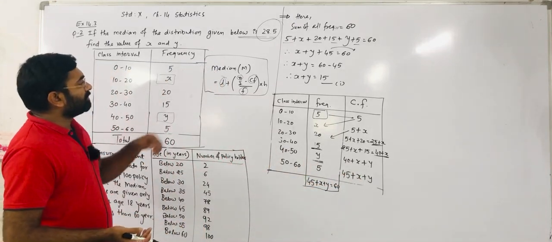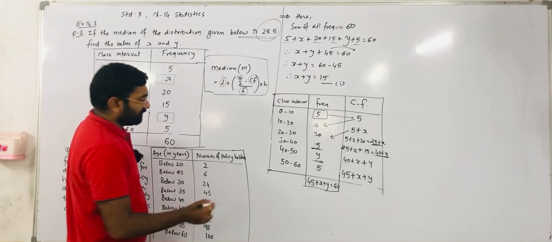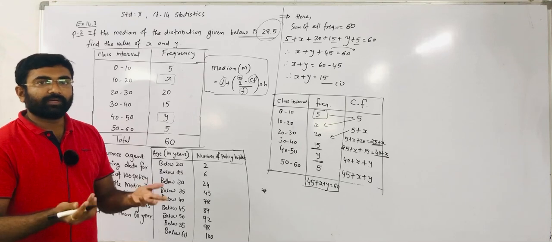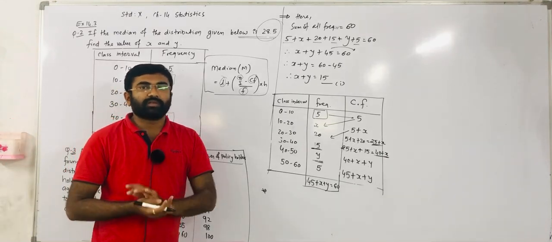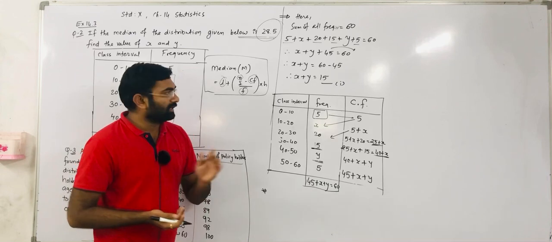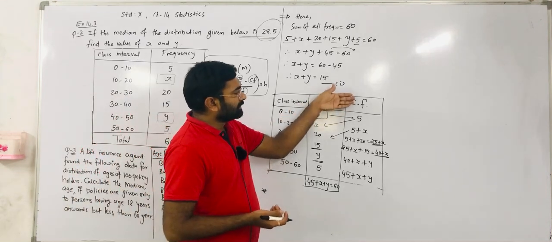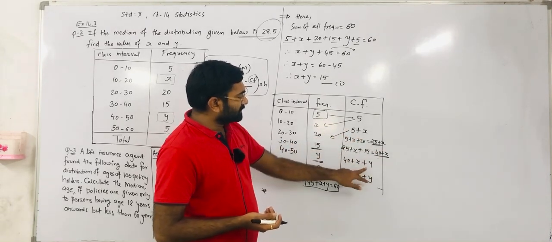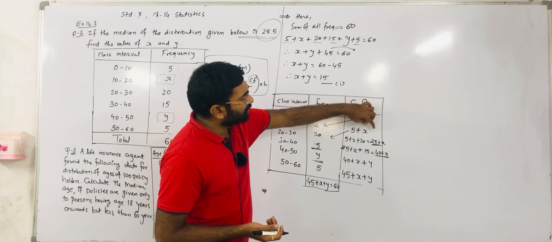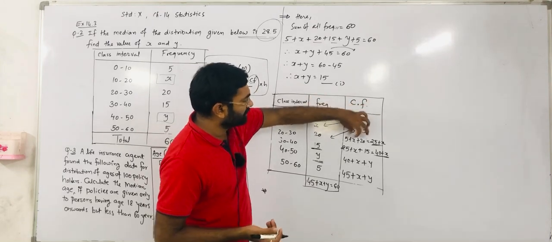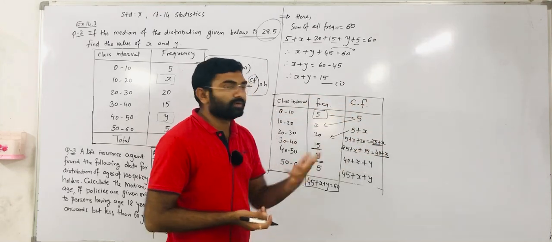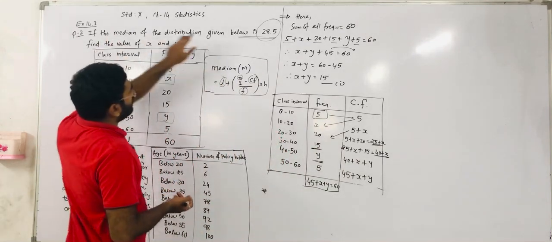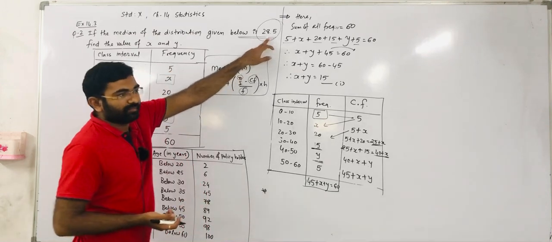Now, whatever value we require in the equation, we have to define. First of all, we have to define the median class. How can we determine the median class? In the first question, we used the n by 2 value, and then checked for the just greater cumulative frequency value. But here x is unknown, so we cannot get the exact value of this class's cumulative frequency, because we do not know the x value. So in this question, they give the median value. The median value is 28.5.